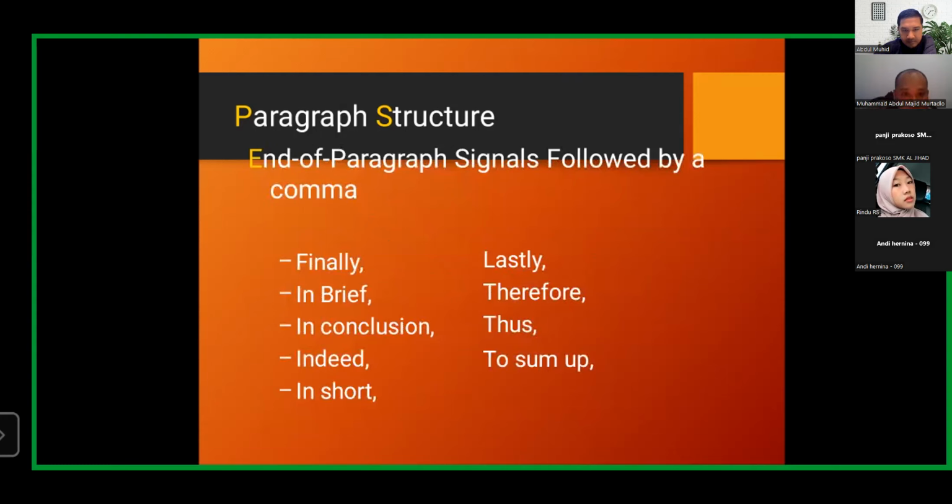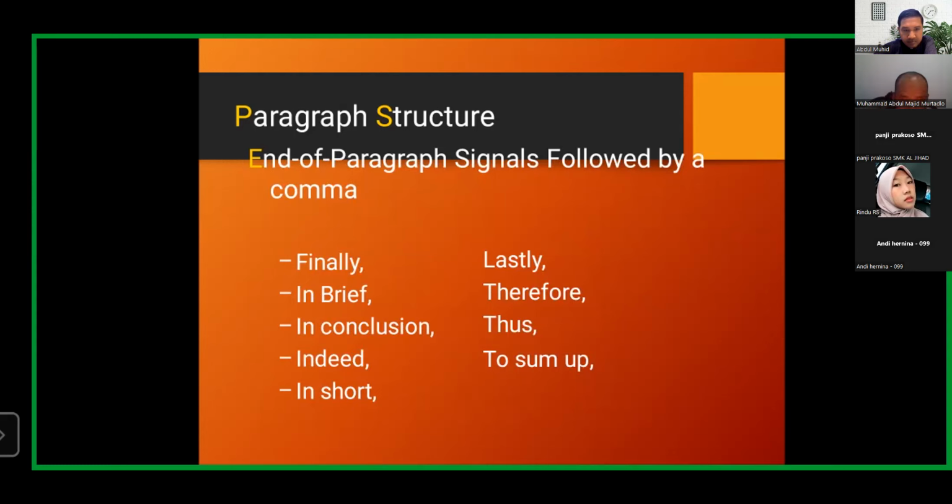Paragraph structure, end of paragraph signals followed by a comma: finally, in brief, in conclusion, indeed, in short, lastly, therefore.